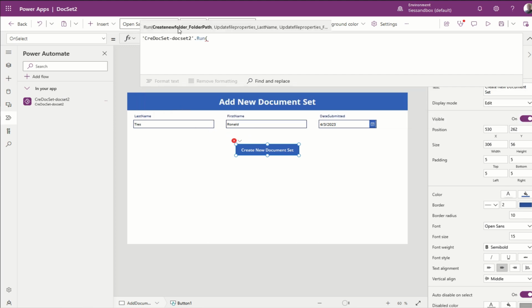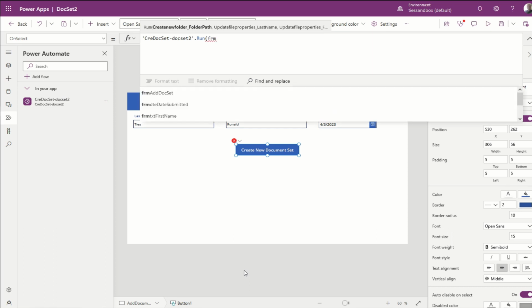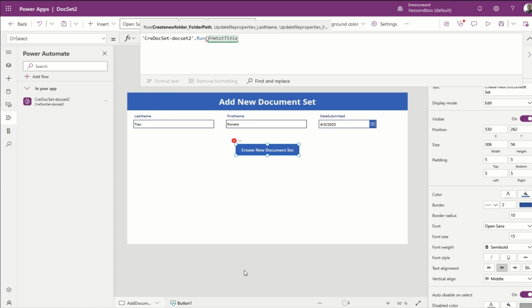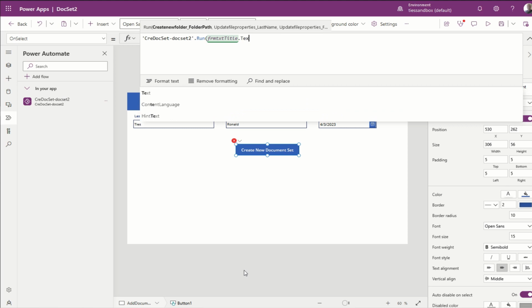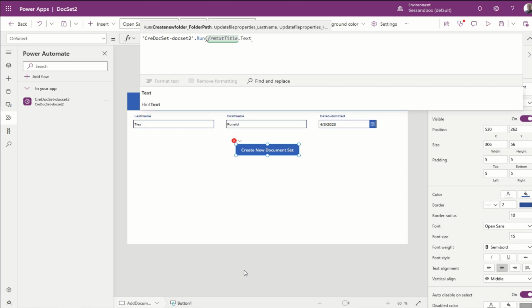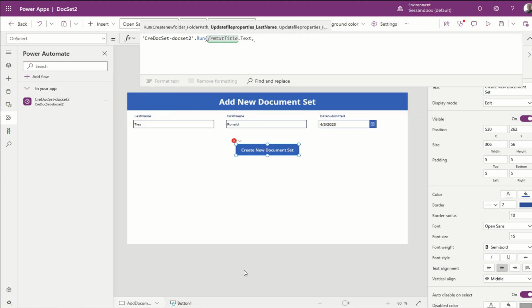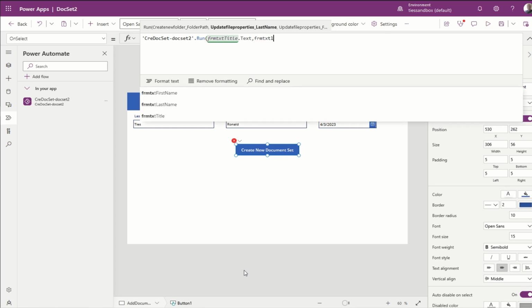Now you notice up top here it tells you exactly what order to put things in, all the stuff they have to ask for. So the first thing is the title field. So we'll go frm txt title, and then of course you have to put .text behind it because it's a text field, comma. When you put the comma in, it tells you the next thing. Okay, so it's frm txt last